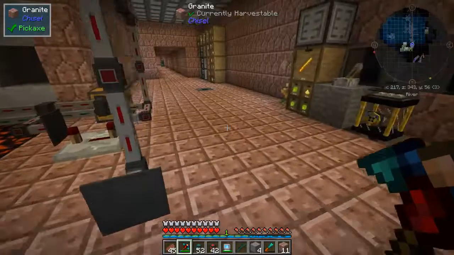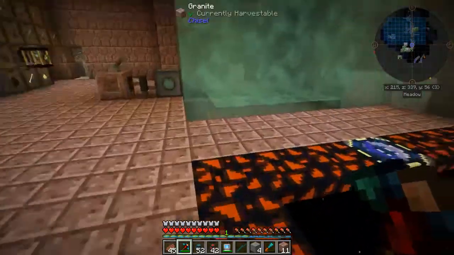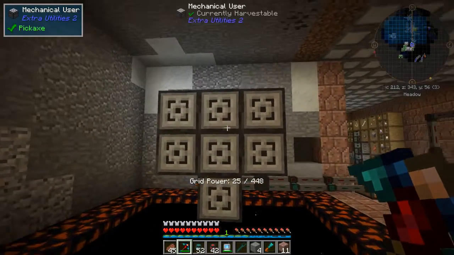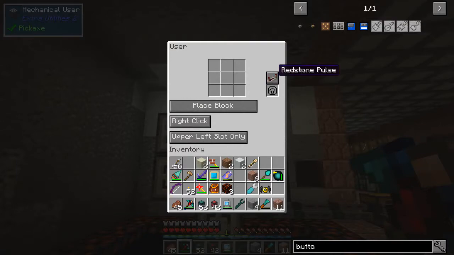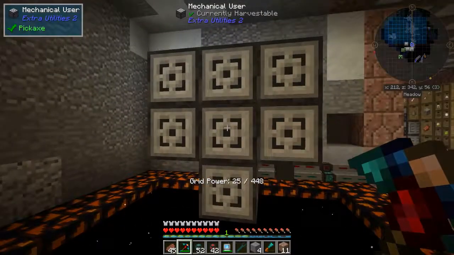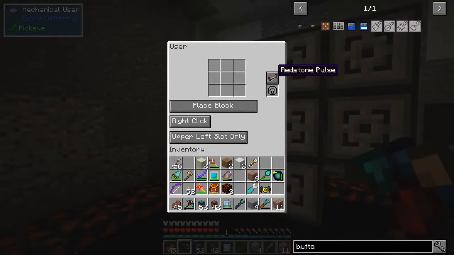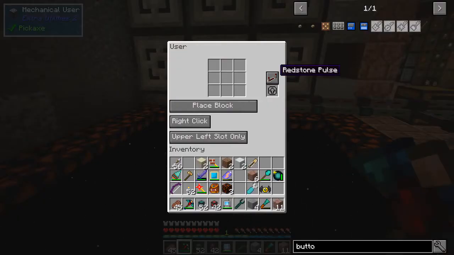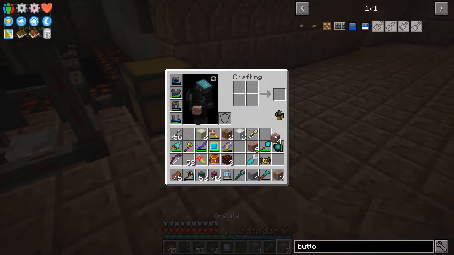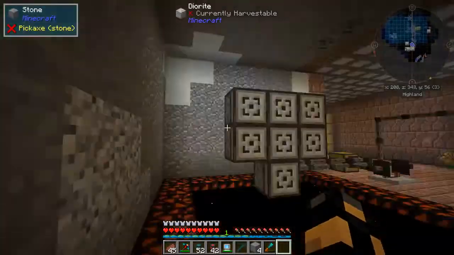Okay, so I basically remembered what I forgot to do here, and I moved this chest a little bit. Basically, what I forgot to do was adjust this redstone command. I need to set that to redstone pulse. That's number 1. So let's get those set to redstone pulse. There we go. So now, let's just use some of these since I have them handy. So what we should be seeing now,